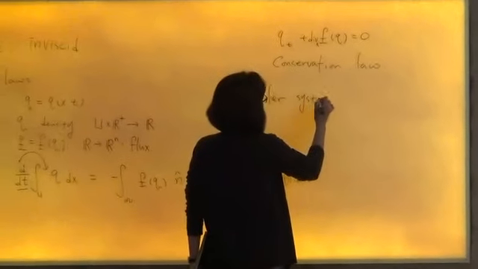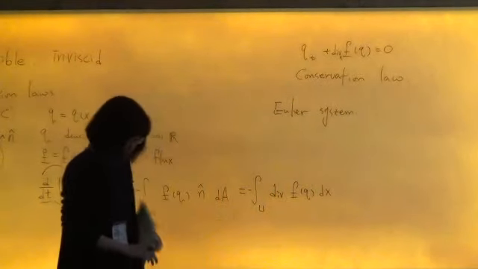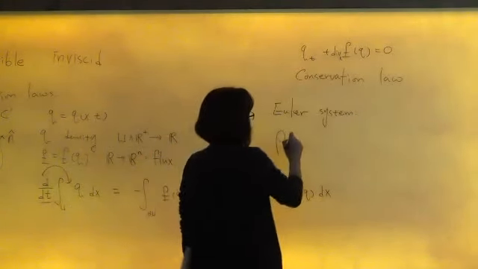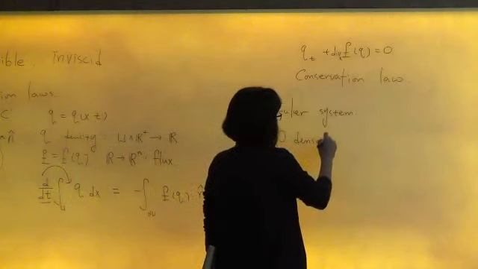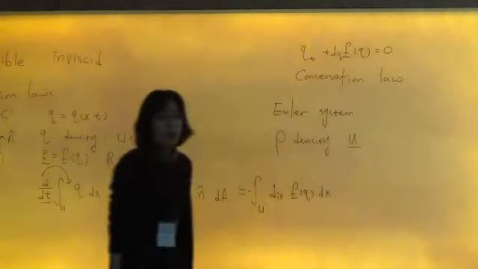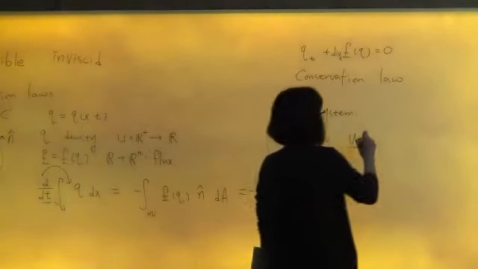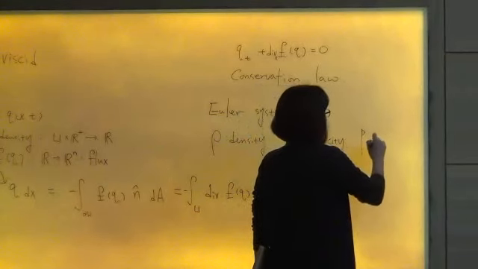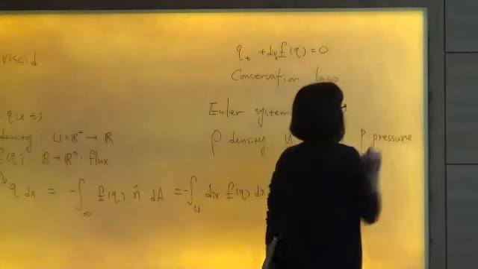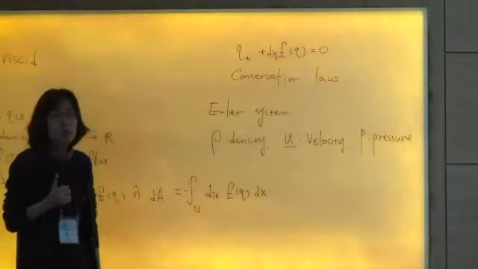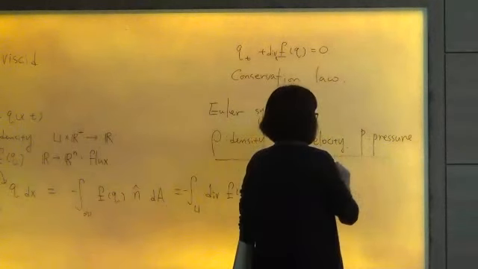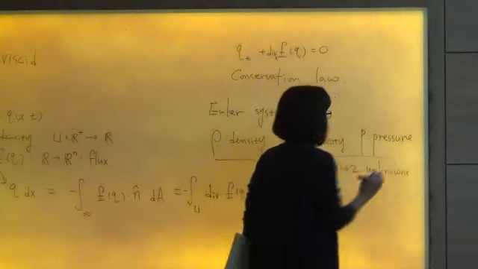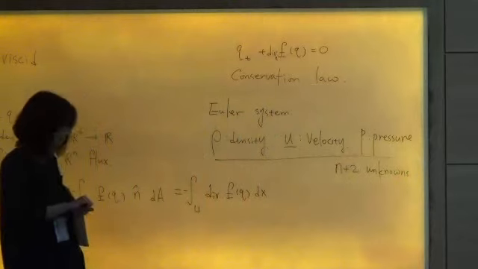For that, I need to introduce the vector which describes the physical quantities of my flow. Here I'm going to use rho as the density of the flow. There is a velocity, of course, u, which is a vector function. And there is p, which is the pressure. So if I consider n-dimensional flow, I have n plus 2 unknowns